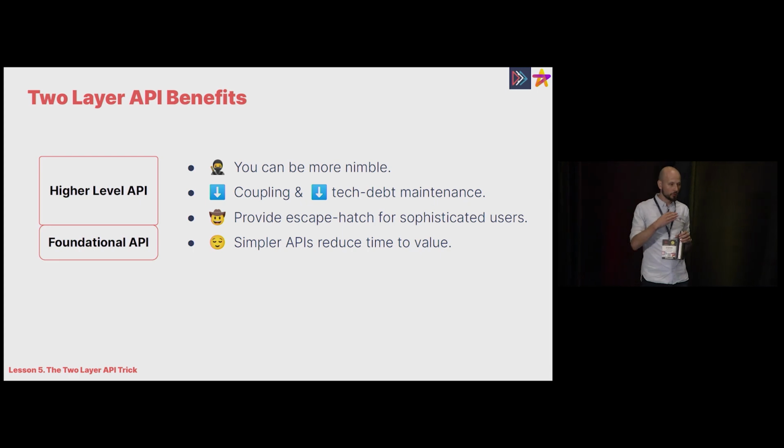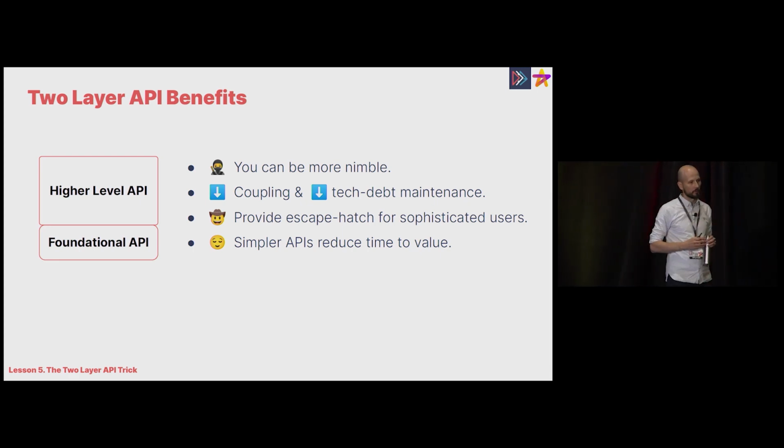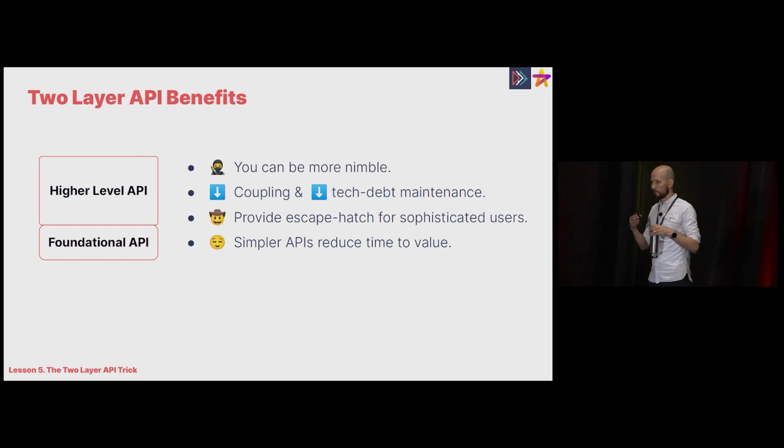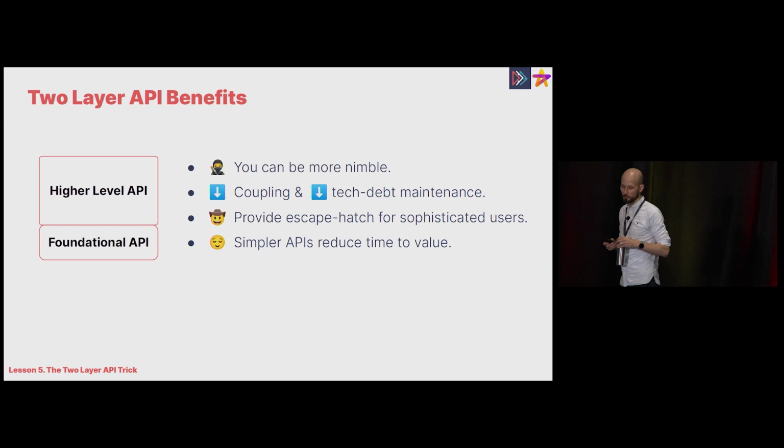And then from a user perspective, right, being able to separate things into two actually gives you two different mindsets, right? The higher-level API is something where you can focus on really trying to simplify the experience, so reduce decisions people need to make, in which case it can help with user adoption and really simplifying the time to value that they see getting out of the processes that you're trying to implement.